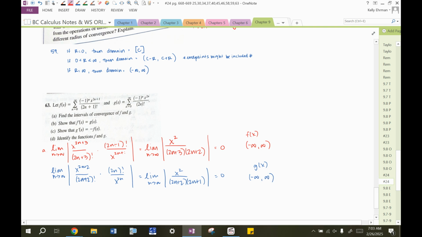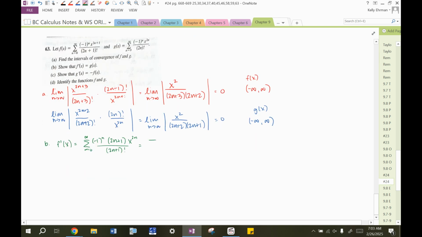Part B, show that f prime is equal to g of x. All right, so let's find f prime of x first. So this is the sum from 0 to infinity of negative 1 to the n. So this will be 2n plus 1 times x to the 2n, just x to the 2n, because you do plus 1 minus 1, over 2n plus 1 factorial. If we simplify that a bit,